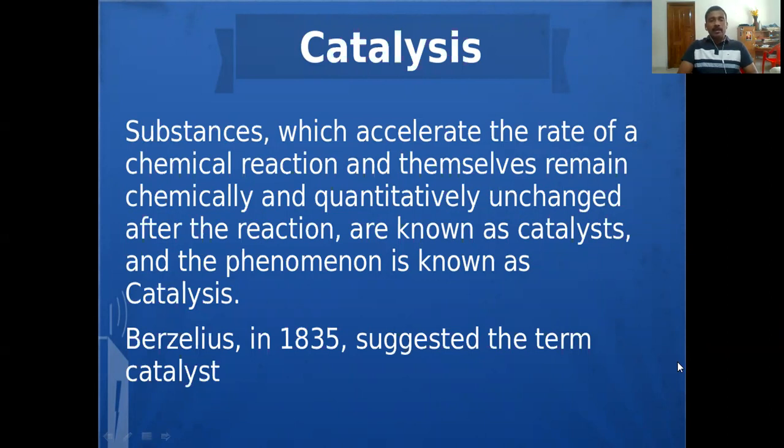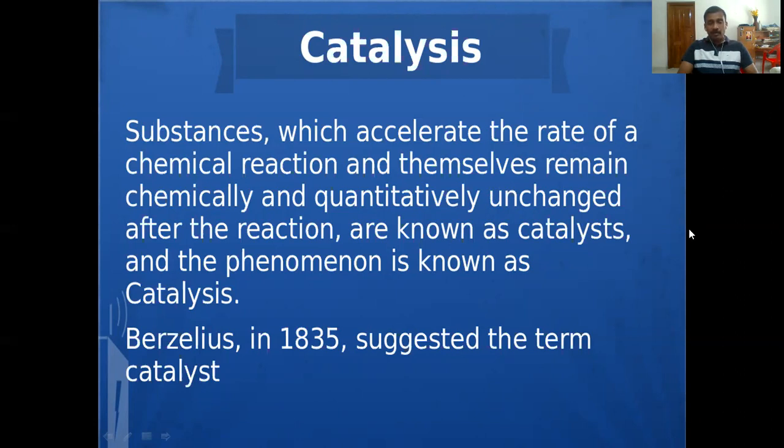The increase in speed of a chemical reaction by the use of a catalyst is known as catalysis. Berzelius in 1835 suggested the term catalysis. There are two types of catalyst: homogeneous catalyst and heterogeneous catalyst. And usually these catalysts work with the